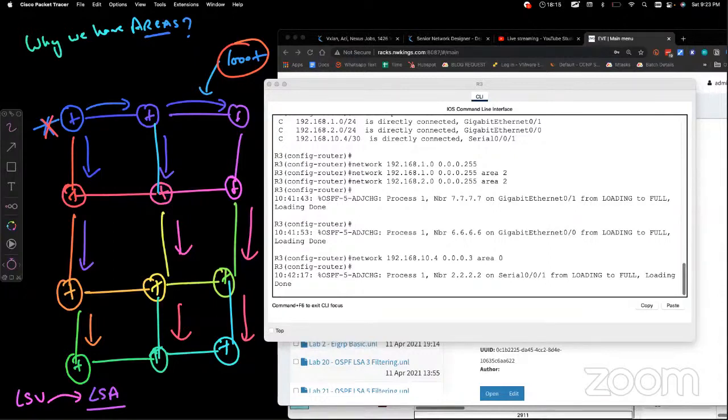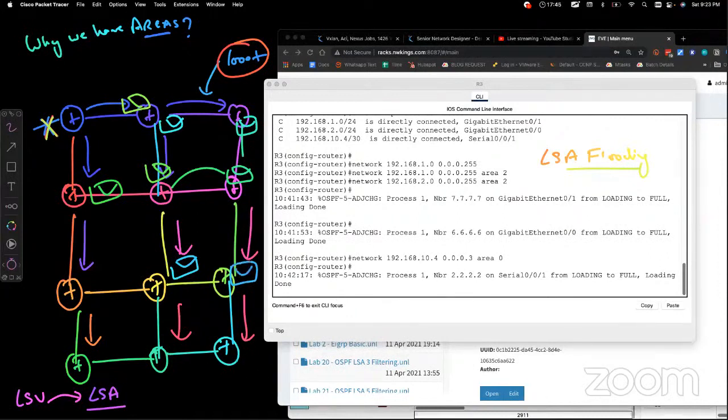Okay, so that is the problem. That is called LSA flooding. So this is the reason. What is LSA flooding? Whenever any branch or router link goes down, we send a lot of messages to all the routers, and these routers will send messages to all their neighbors. So we will have